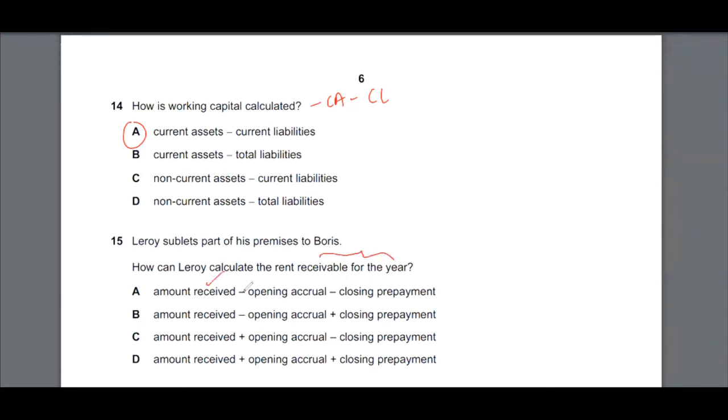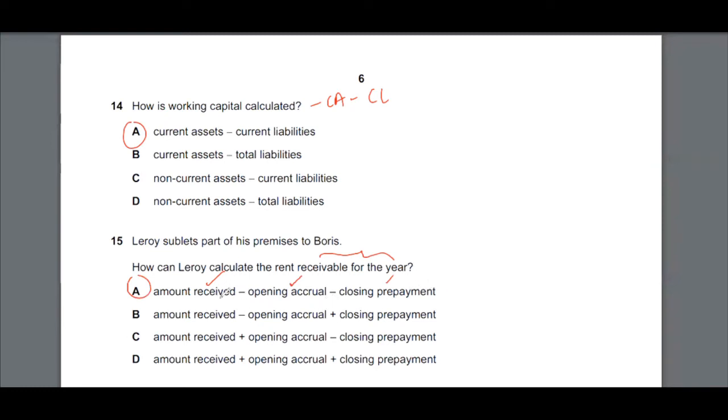So you will take the amount received. Yes, that's correct. Minus the opening accrual. Yes, that's correct. Minus the closing prepayment. That's correct as well. So the answer to multiple choice 15 is option A, because that exactly gives you the rent receivable